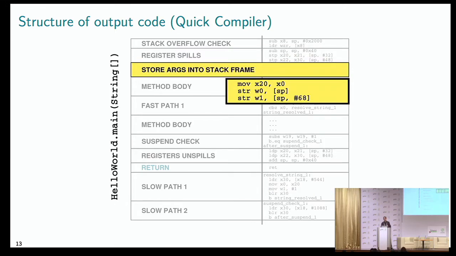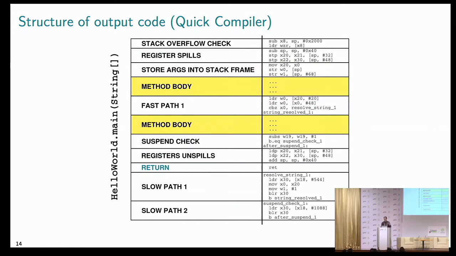After the spills, arguments are pushed again into the stack to ensure coherency. So we want to keep the stack in order. So we either push arguments into the stack or we push them into callee-saved registers. Callee-saved registers, as I said before, are registers that are preserved across calls. So X20 is one of them, for example. The main purpose of this is keeping the stack in a consistent state. After that, we have a number of instructions I cannot go through in this limited time, but I would